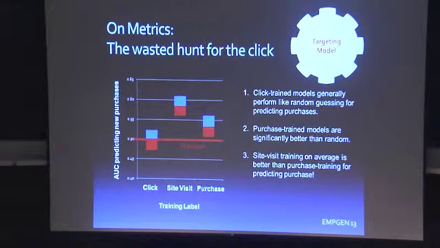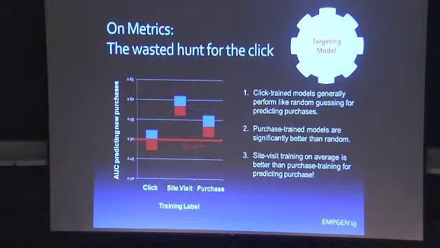Now, the footnote here is this is true for generic display advertising. That's not true for search or for some of the other ones, but in generic display advertising, if you just look at the click-through rate, and this is after filtering out all the clicks from China and various other things, there is no signal, there's no correlation. Because basically all you get is people who have eyesight problems, but aren't interested in the product.